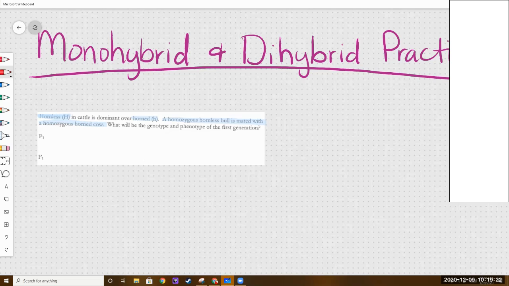So the first thing it wants us to do is figure out what are the genotypes of the mom and the dad. The bull is the dad, the mom is the cow. So for the parent generation, I'm gonna put the sign for the female. If the mom is homozygous horned,